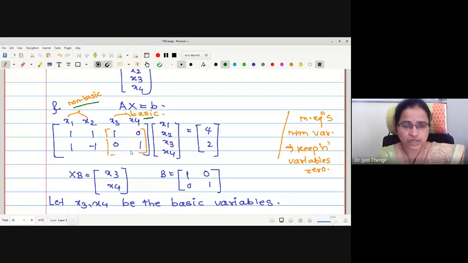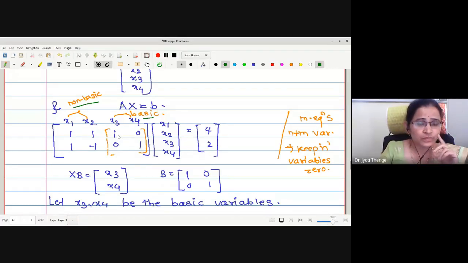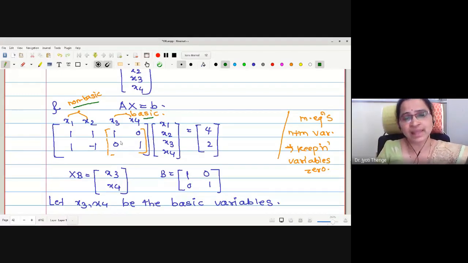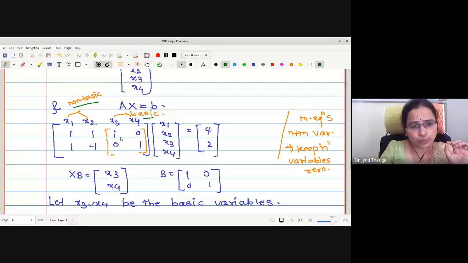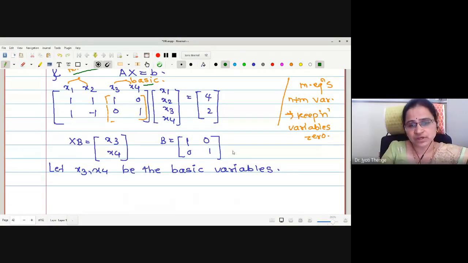Generally, for the initial stage, we select the variables forming the identity matrix. The variables which form the identity matrix are the basic variables, you have to keep that in mind. Why is this so? Because whatever submatrix is created by x3 and x4, its determinant value is non-zero. Actually, it is 1. Therefore, variables which form the identity matrix will be taken as the basic variables, and the remaining will be non-basic. Right? Therefore, these are the basic variables.